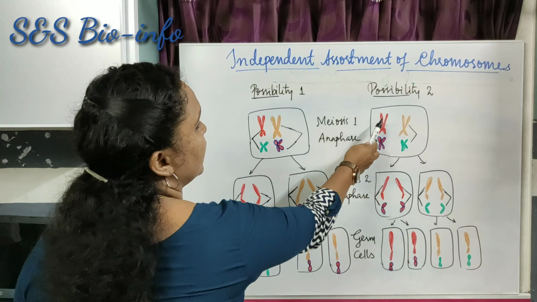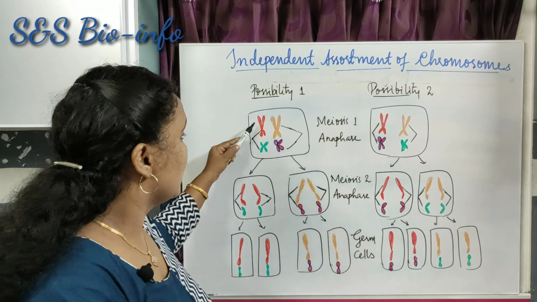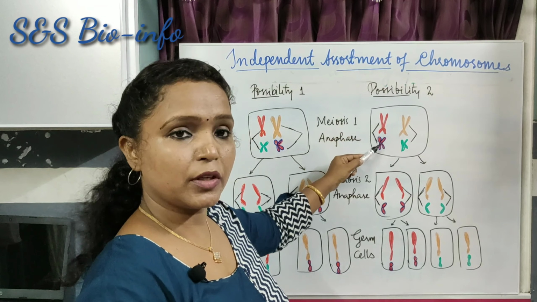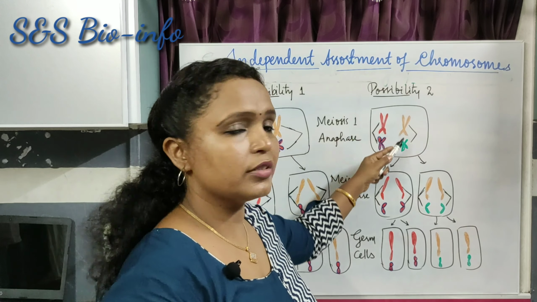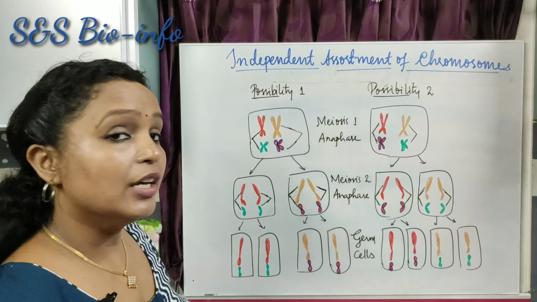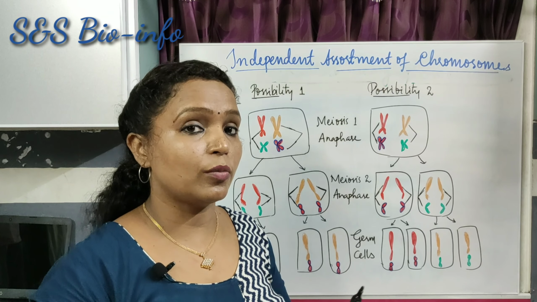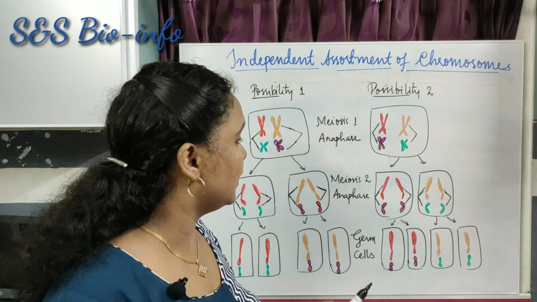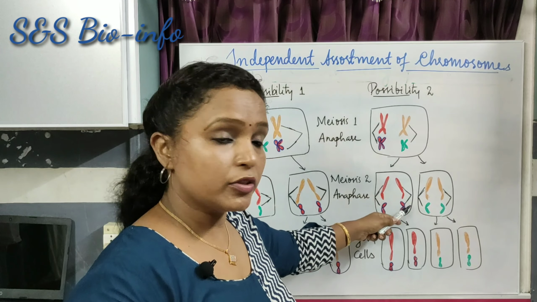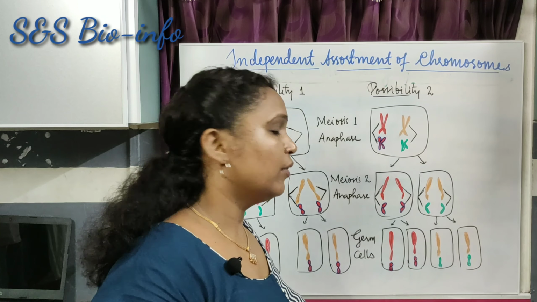Here is possibility 2. Instead of this pair, I have used separate colors. See here red with green, here red with the bluish color. Here orange with the blue, here orange with the green. Another possibility. So that means the chromosomes assort independently. Homologous chromosomes segregate from each other. The chromosomes assort independently. So here in meiosis 2, another possibility is the segregation of chromatids resulting in the formation of